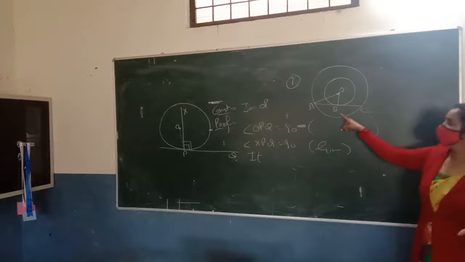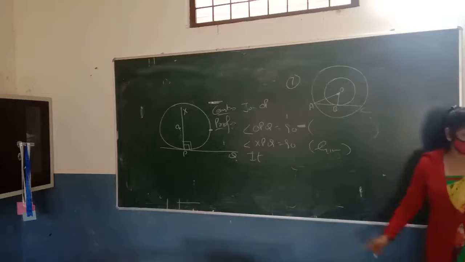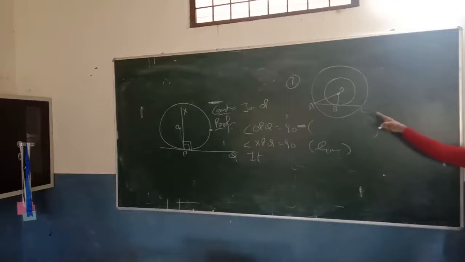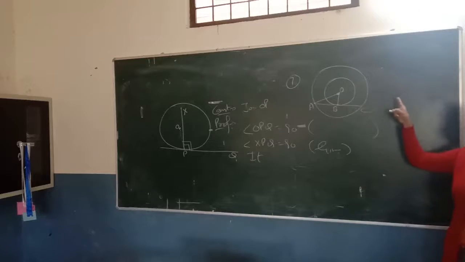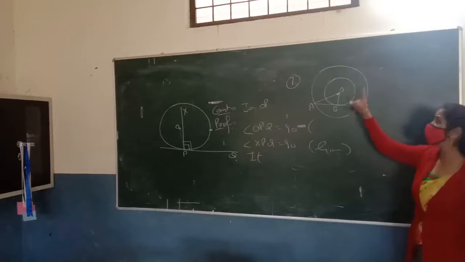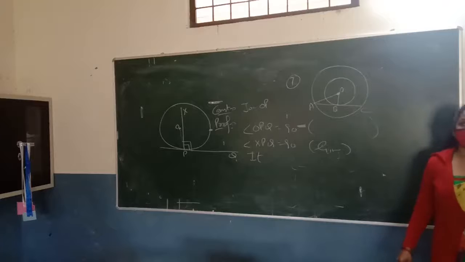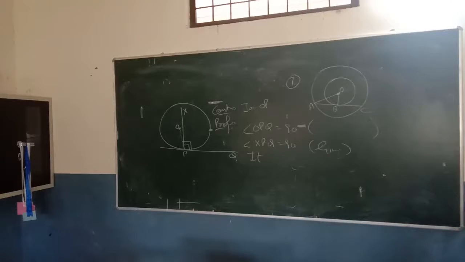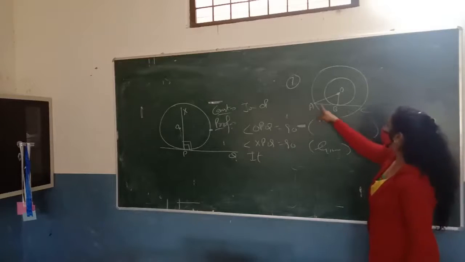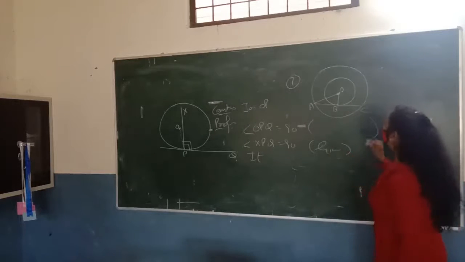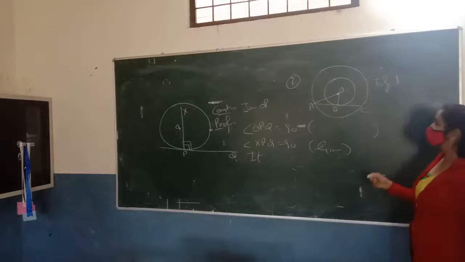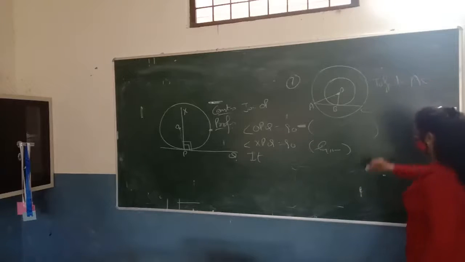So the question is, there are two concentric circles having the center O. AC is the chord of the larger circle and tangent of the smaller circle, which touches the circle at the point B. This is given. For geometry, it is very important how you write your answers. First you will write the given, then you prove, then construction and then proof. So this is the way for getting full marks. So again we will write the given part. To prove, you have to find the length of the common tangent. So it means you have to find AC.